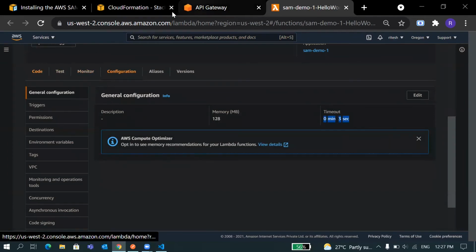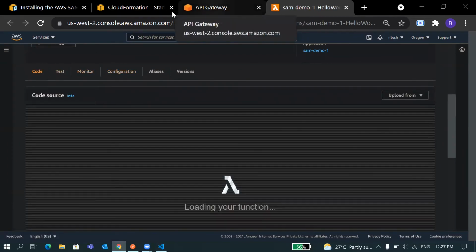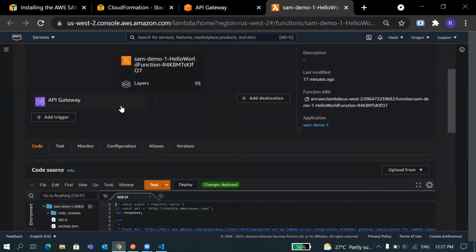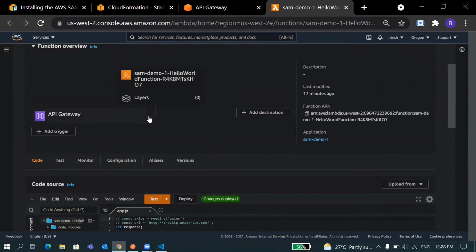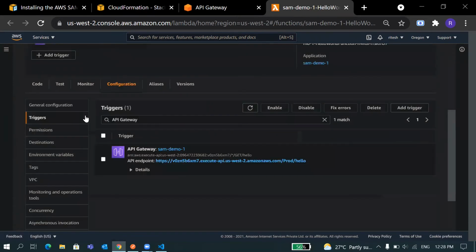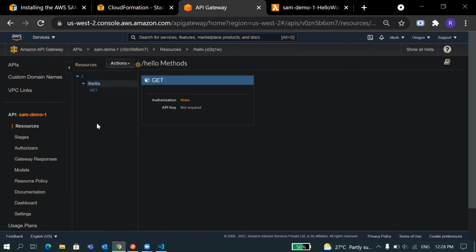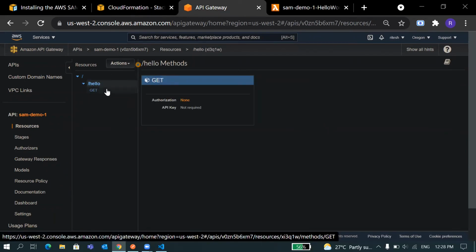So let's trigger the Lambda. Okay, one more thing. If you see here, you can see your API gateway listed here, and there is an arrow here, which means that API gateway can trigger this Lambda. You can directly go to API gateway from here, but I've already opened it in a separate window, so I'll go from here. And you can see your APIs are listed here, whatever you deployed through your AWS SAM. So I'll go inside this